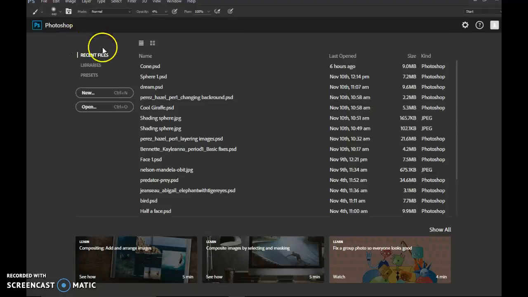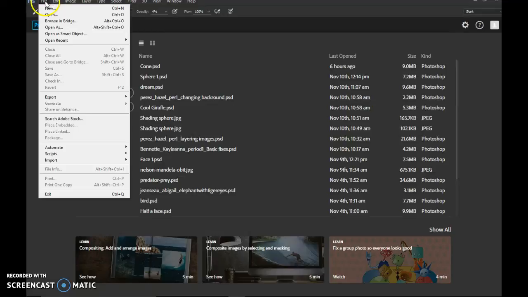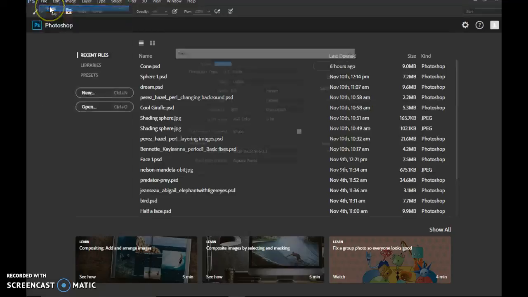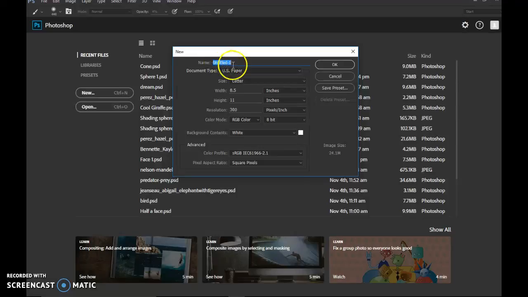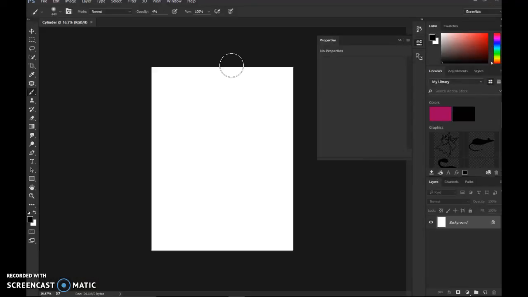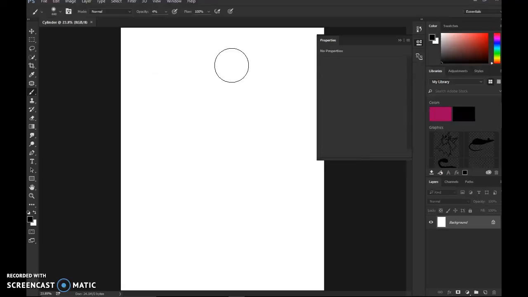We're going to create a cylinder, and the cylinder is based on a circle and a rectangle. So keep that in mind as you open up a new document, create a new document, and we'll title it Cylinder. And the first thing that we want to do is to create the ellipses, the top and the bottom of